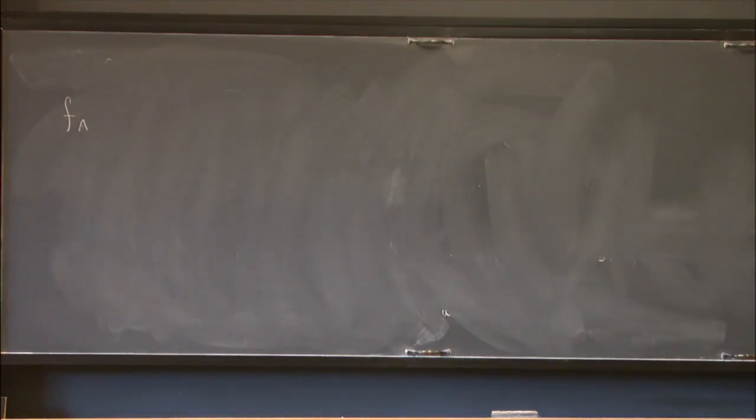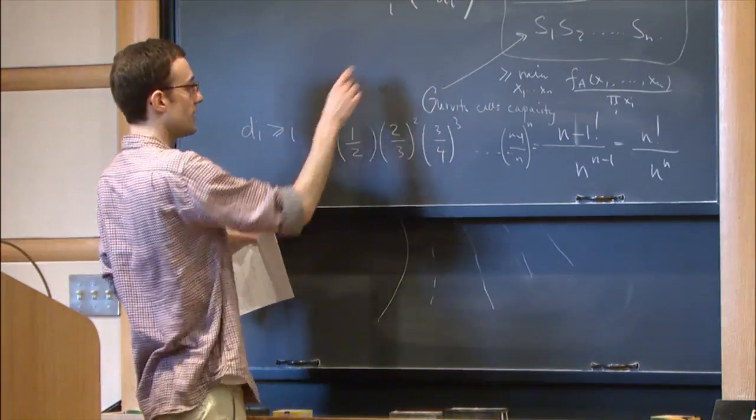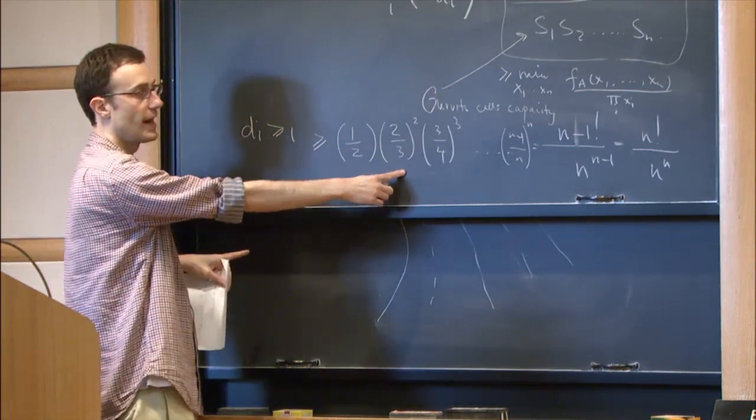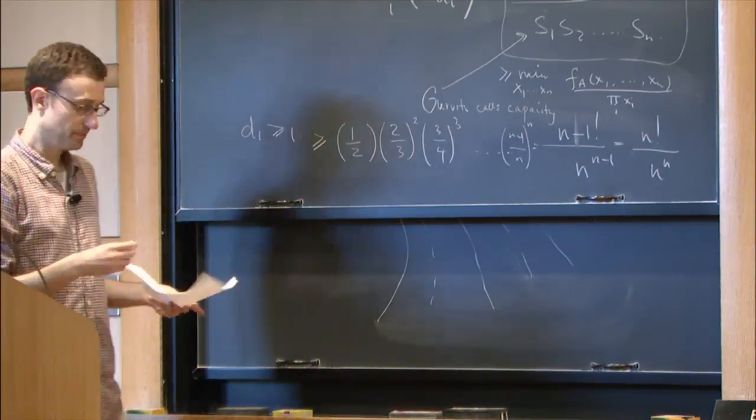So, let me write. How do you get the degrees to go like 1, 2, 2, 3, 3, 4? So the di's are greater than or equal to i. Okay. So this thing is greater than or equal to 1/2, 2/3 squared, 3/4, just iterating over. Why are they greater